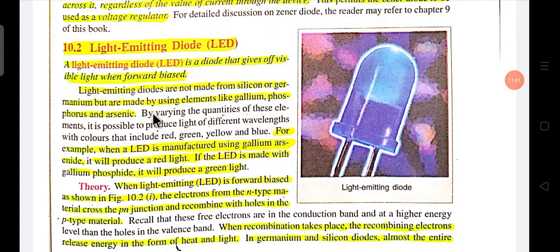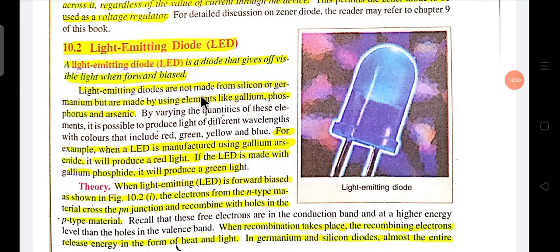The Zener diode works in reverse biasing, but this LED, or light emitting diode, works in forward bias, and when it is forward biased, it emits visible light. Okay,